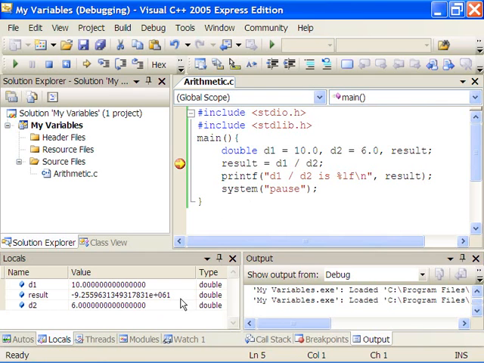and we'll see that result has this huge piece of garbage in it. D1 has 10.0, D2 has 6.0, and now when we execute that one line of code, result has 1.66666 and 7. So there is a limited amount of accuracy in our variables. This is in fact an approximation of 1 2/3, but it's a digital approximation, and we lose the accuracy about here. And when we print that out,